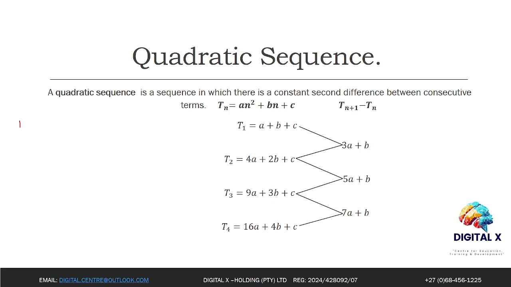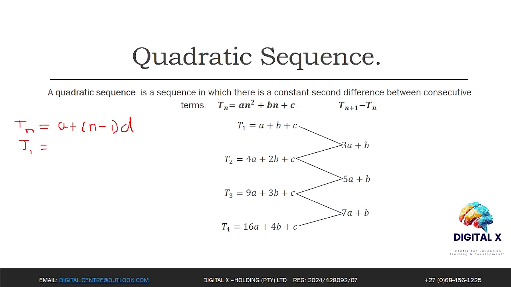We recall that the formula to determine the nth term of an arithmetic sequence is t subscript n, n being the position of the term, equal to a plus n minus 1, all of this multiplied by a constant difference d. So when we substitute